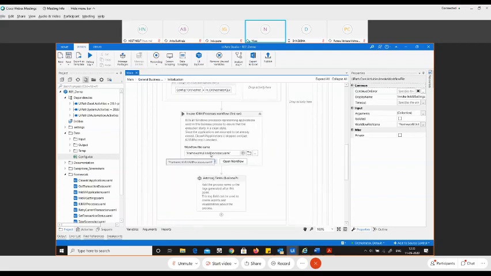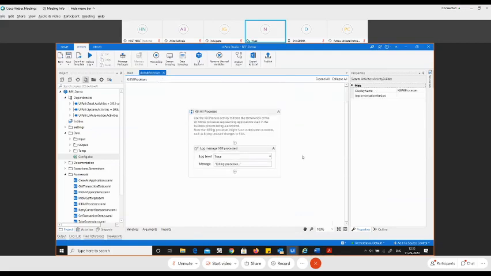Now let us go ahead and see the next workflow that we have. The next workflow is the Kill All Processes workflow. Let me open up this workflow, and as you can see, this workflow is pretty empty. It's just a message saying killing process, as in killing process starts. Now, what you need to do is,